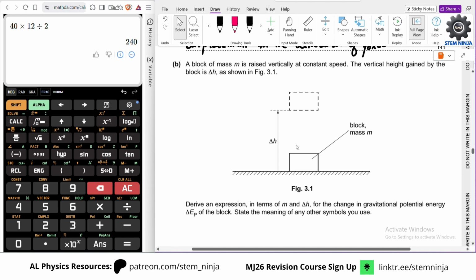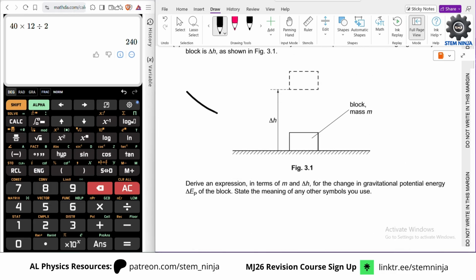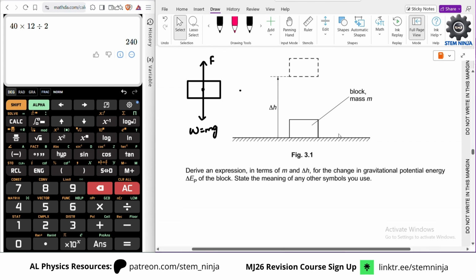Derive an expression in terms of m and delta h for the change in gravitational potential energy EP of the block. State the meaning of any other symbols that we use. Okay, so we know that, for example, if you are raising a block, obviously you're using another force also. So let's say, for example, this is the lifting force F and the weight mg is acting downwards. So according to Newton's second law,